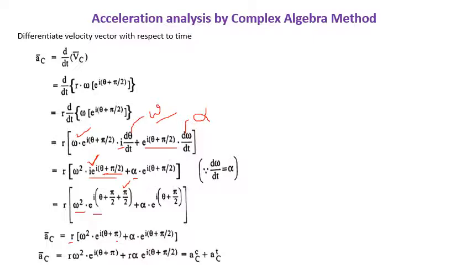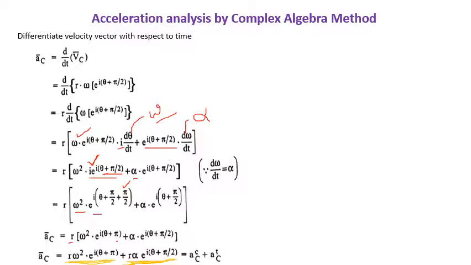So here we have two terms, right? So this is one term, and this is another term. Since we are finding the acceleration, in the graphical method also we have discussed there are two elements for acceleration. One is radial acceleration, another one is tangential acceleration, right? What do you mean by radial acceleration? The acceleration which acts towards the center of rotation. Sometimes we call it centripetal acceleration or normal acceleration. Another one is tangential acceleration, the acceleration which acts tangent to the link.